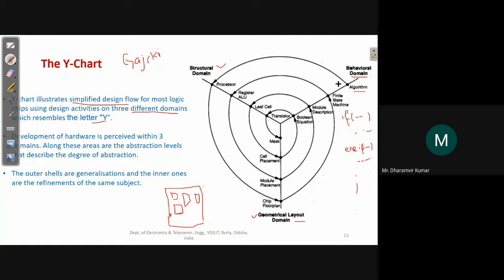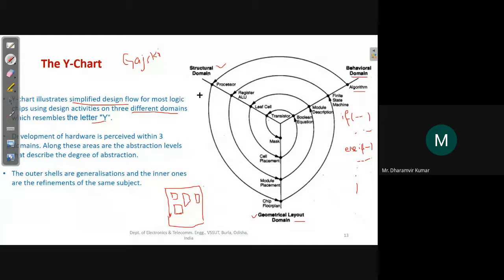Then at the algorithm level, in the structural domain we have the processor, the system part. As we move from top to bottom, it's like the system level, then the device level, as we move from up to down in this Y chart.